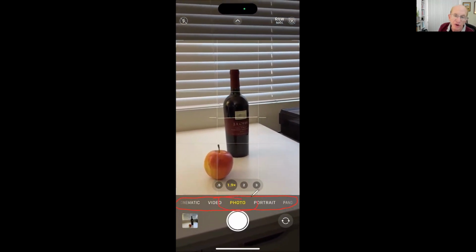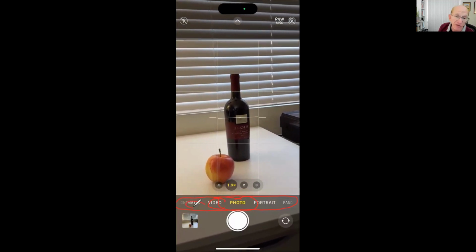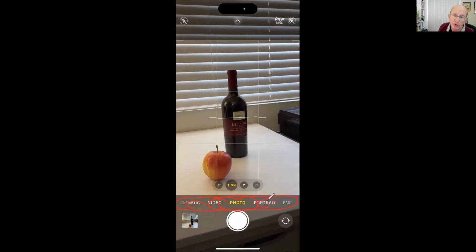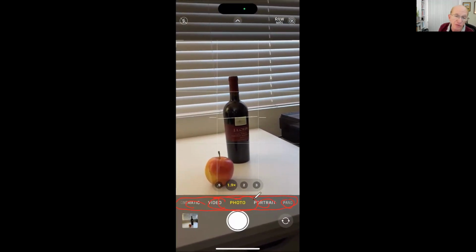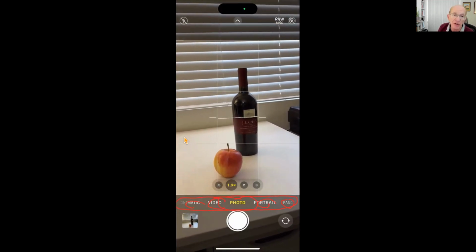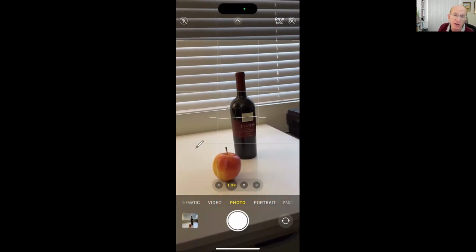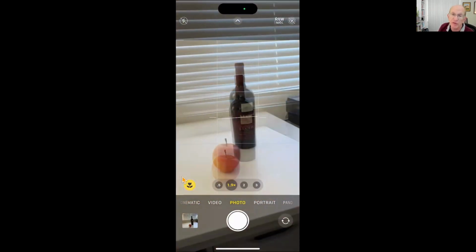We are in photo mode. There's also a video, a cinematic video, a portrait, and a panorama. Okay, so with photo, it's going to take a photo with a standard setting without any real modifications. It's going to try and do autofocus